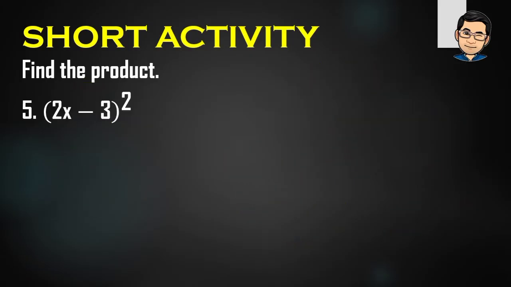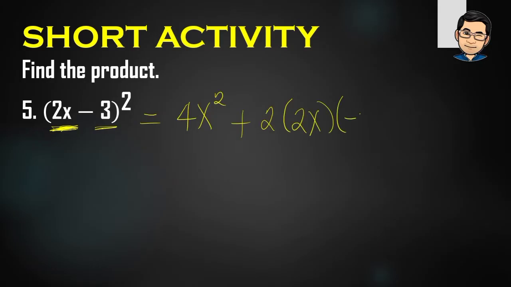Next, for our last example, we have the quantity of 2x minus 3 squared. Ang gagawin lang natin dito, apply natin yung square of binomial. The first step is to square the first term. Ang first term natin is 2x. Square natin siya. 2x times 2x, that is 4x squared. And then, twice the product of the first term and the second term. That will become plus 2 times the first term, which is 2x, times the second term or last term, that is negative 3. And then, yung last step natin is square the last term, that is